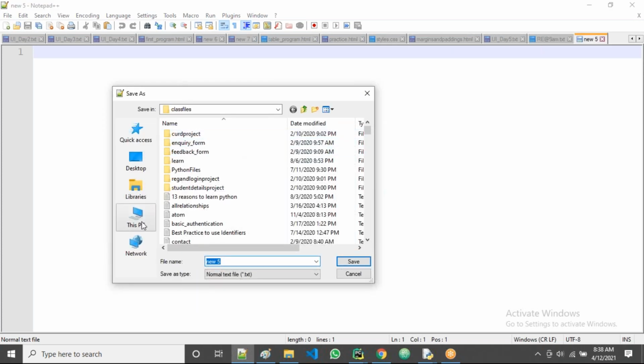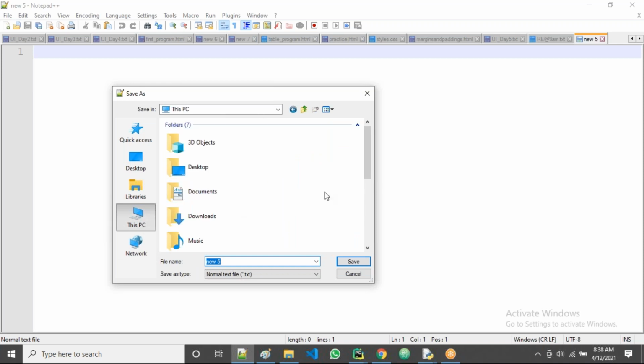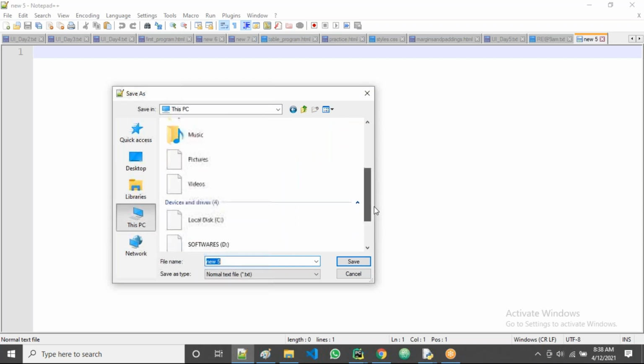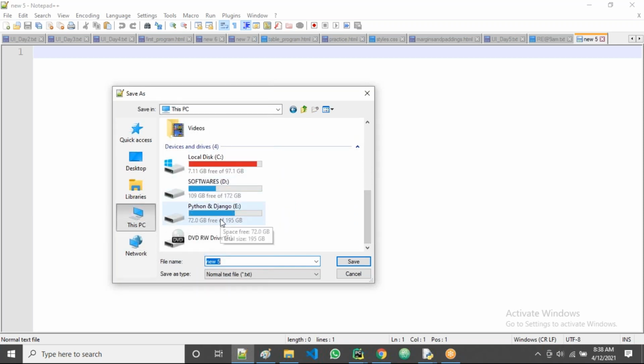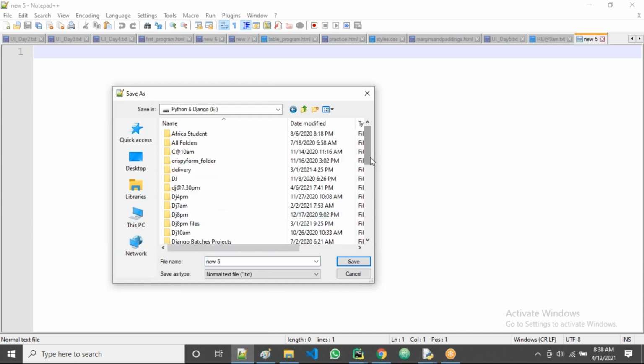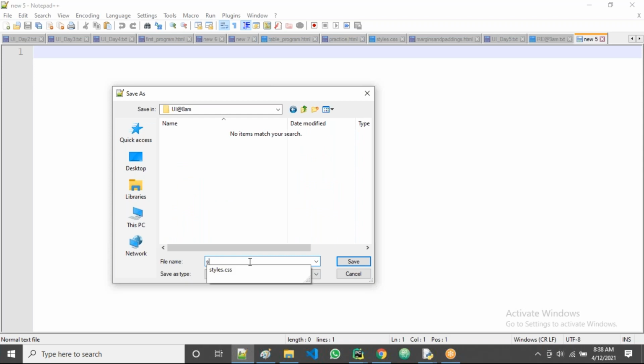Save as, where are those files? My PC. Then go to, I think, the last one, right? Yes, here, guys. Now I'll take selectors dot html, so take the extension dot html.